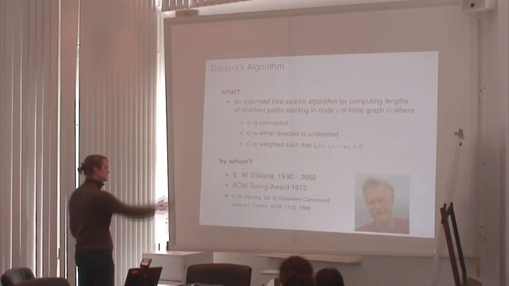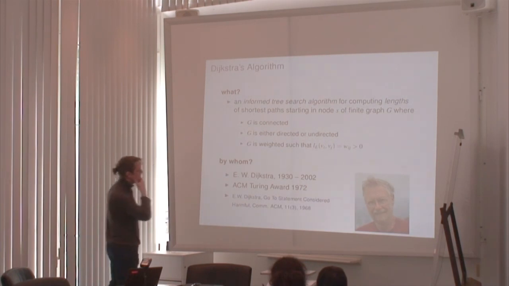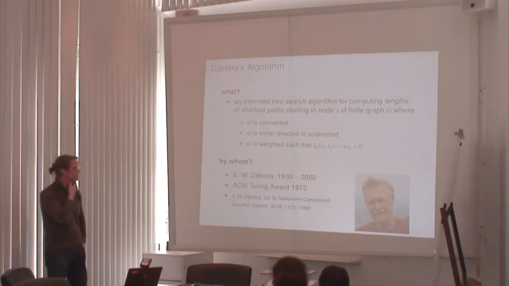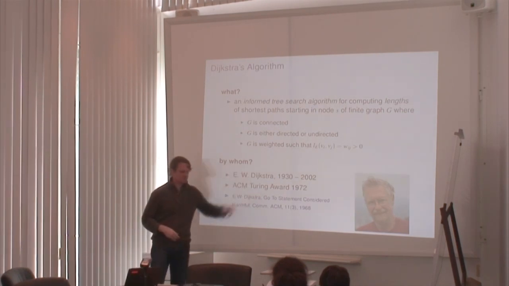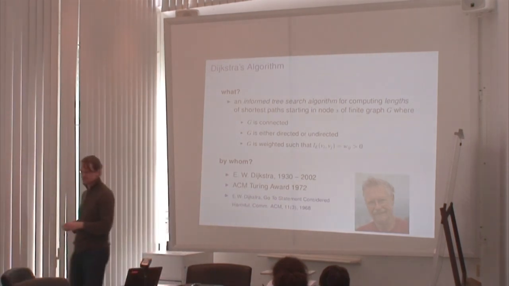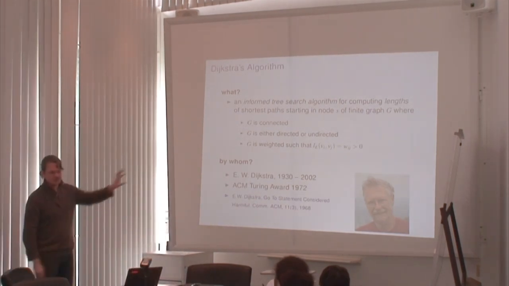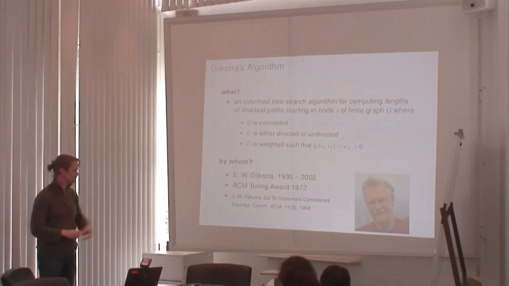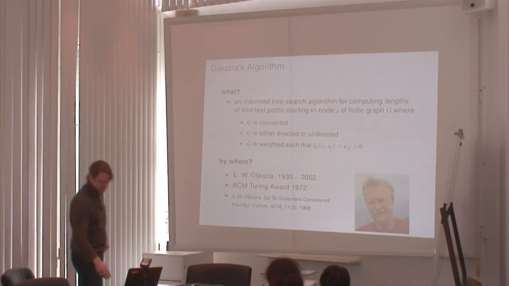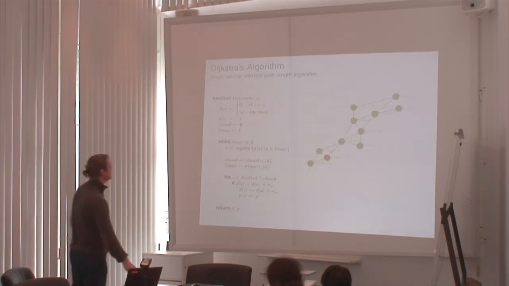Who is Dijkstra? You see him, he passed away in 2002, and is one of the Turing Award winners. Very famous guy. Maybe you have heard of his famous paper, "Go-to statement considered harmful." Very, very influential computer scientist in the early days of computer science. So that is Dijkstra, and he came up with this algorithm here,